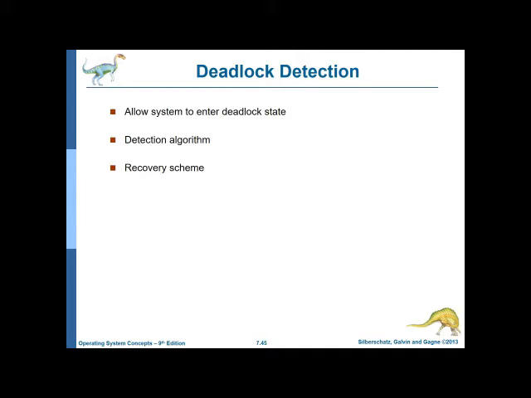So if the deadlock occurs, then the next thing they can do is detect whether the deadlock has occurred or not, and once they detect it, what is the mechanism for recovering from such a situation. We know that prevention is better than cure, but since nothing is possible, they allow that particular state, that is deadlock, to happen. And once a deadlock happens, how can we detect that it has occurred, and how can we recover from the situation and continue with the rest of the processing? That is how this particular algorithm works.